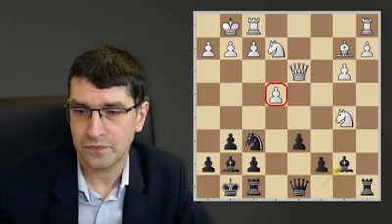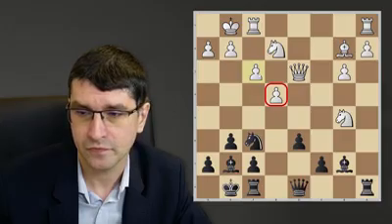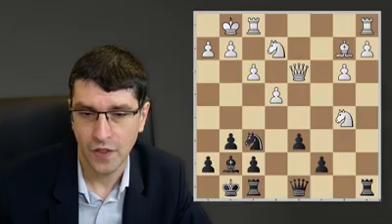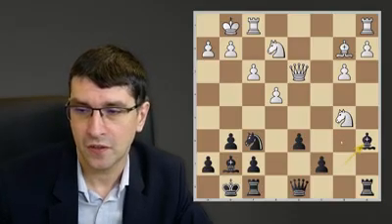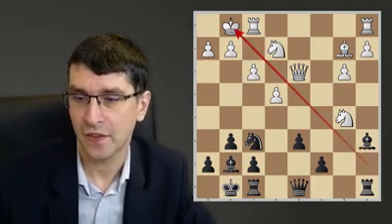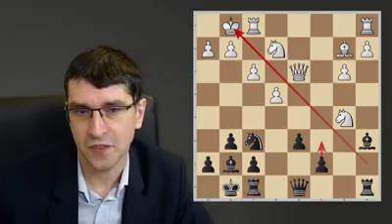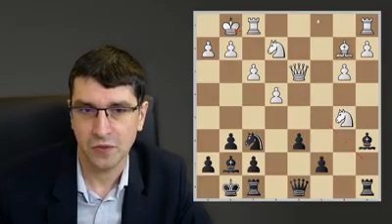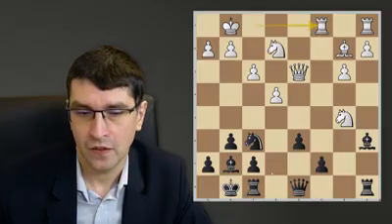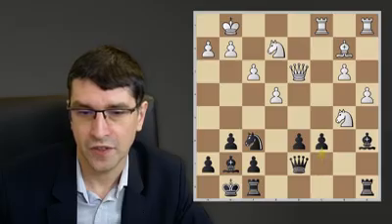And also, if white goes f3, then this pin with bishop a6 is decisive now because white weakened the g1 a7 diagonal. So, of course, the threat is to go c6. White is trying to stop this with rook fc1, queen d7, a4, and here c6